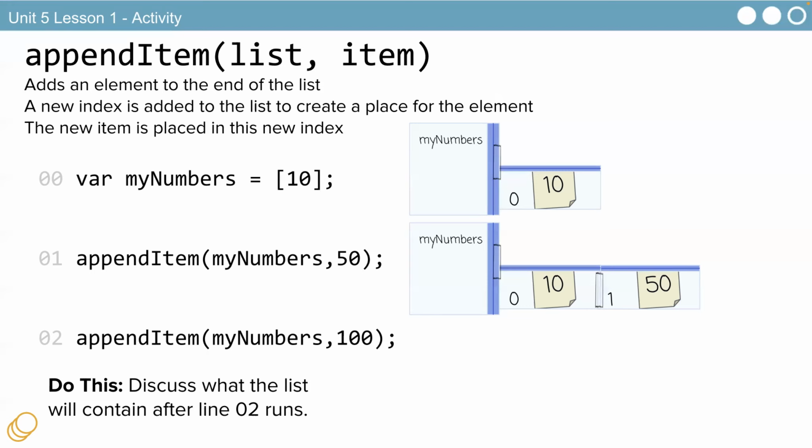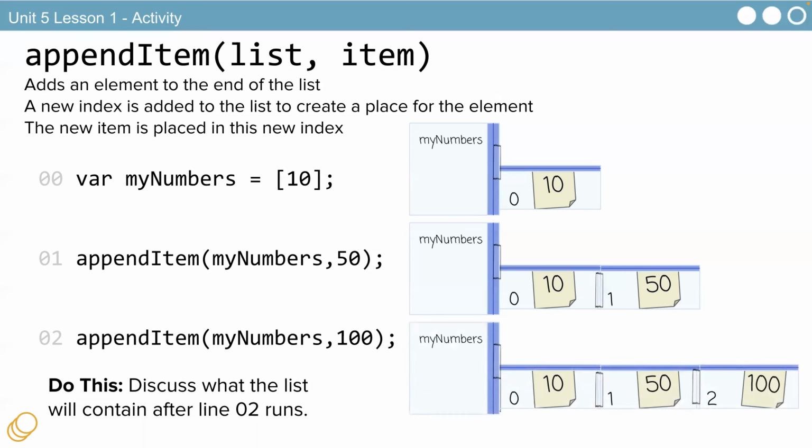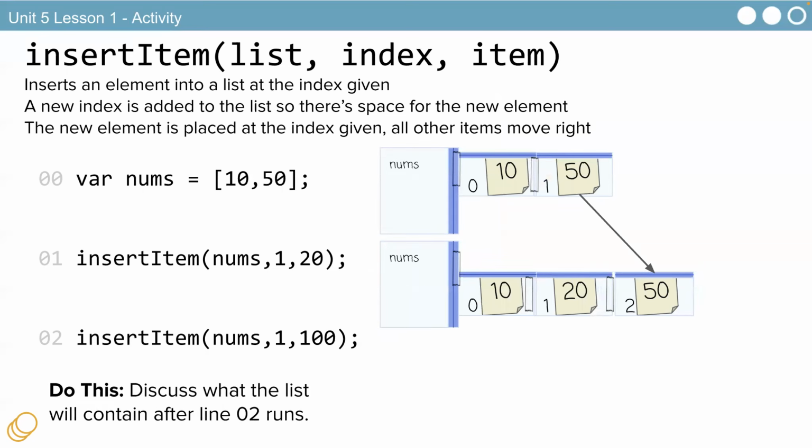Well, we could put them all into a list instead of putting them on separate lines. So we create a list, and we know it's a list because it has square brackets. And then we append my numbers. We append this list, whatever item goes at the end. So that's 10, 50. If we add 100, what do we get? If we append item, 10, 50, 100. Okay, easy. That's the easiest one. I don't know why they don't start with this one. Anyway, they want to make you feel good before you do this one.